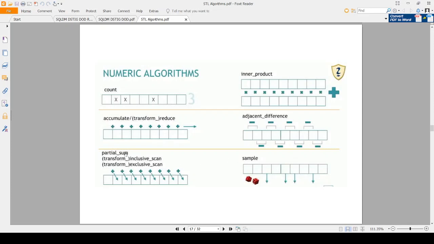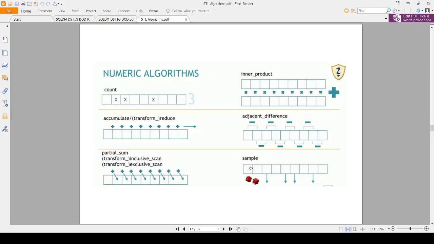Partial sum basically sums up the elements, just like accumulate, and we will see how these three are different from each other. One difference is whether they take the first element into consideration. Second is whether they take the current element which they are overwriting into consideration. We will talk about it with examples.